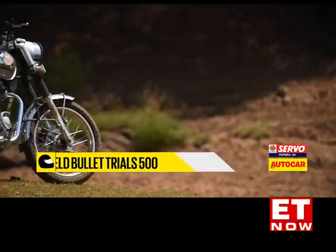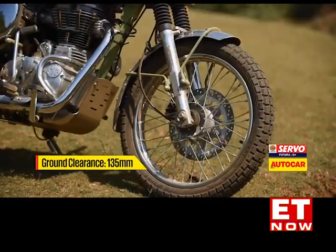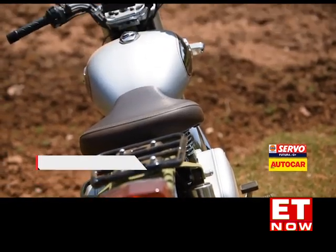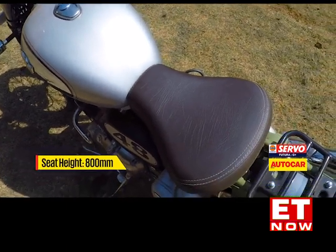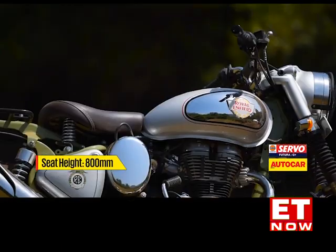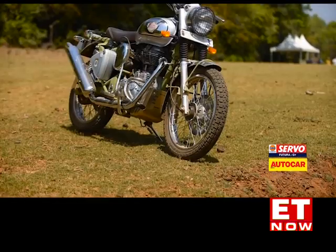The Bullet Trials is, to be truthful, no more than a classic that's turned into a wannabe SUV thanks to knobby Seat tires and some bits of purposeful looking trim. And not many of you will be too happy to find out it can only seat one person, with the pillion seat being traded in for a luggage rack. Sure, it's better put together than some custom one-offs we may have seen in the past, but it's not exactly